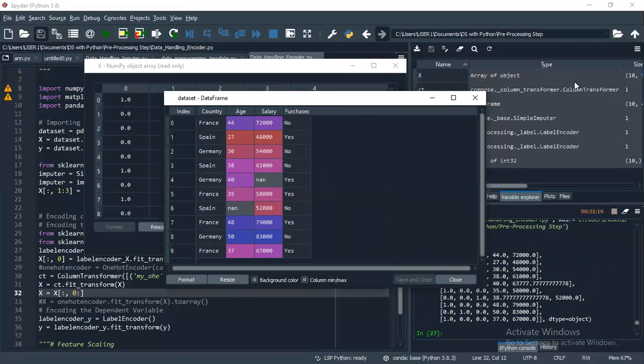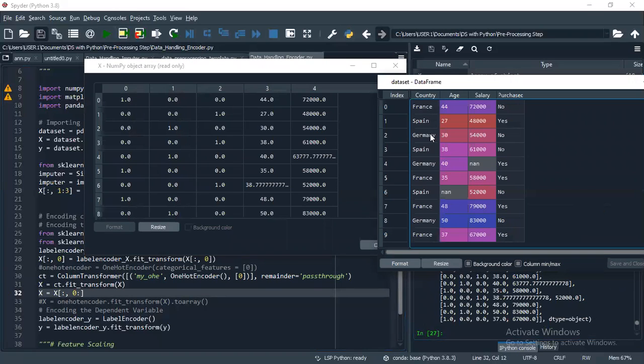So see, this is your actual data set. In the actual data set you have France, Spain, Germany. When you arrange these alphabetically, which comes first? France comes first, then Germany, then Spain. So we made these 3 columns like in the PPT. Where the 0th is satisfied, France, it will be 1. When it comes to Spain, the 2 will be 1 and the remaining will be 0. And for Germany, again the 1 will be 1. So like this, you converted your text values into numerical values.